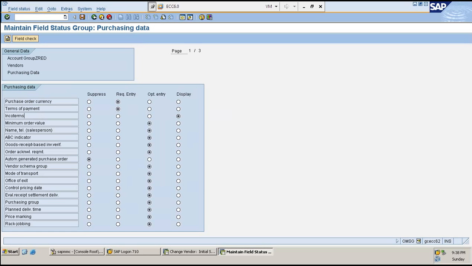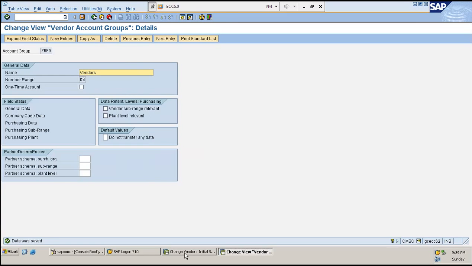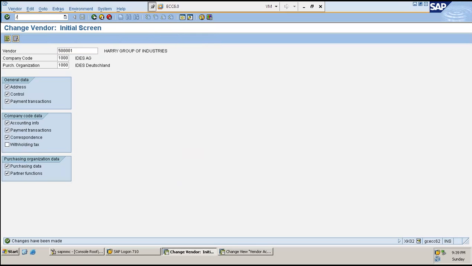Encode terms is an optional entry again, and automatic purchase order is an optional entry. What I wanted to show you is I'm okay with this. It got shared across. I'm going to create a new vendor now.